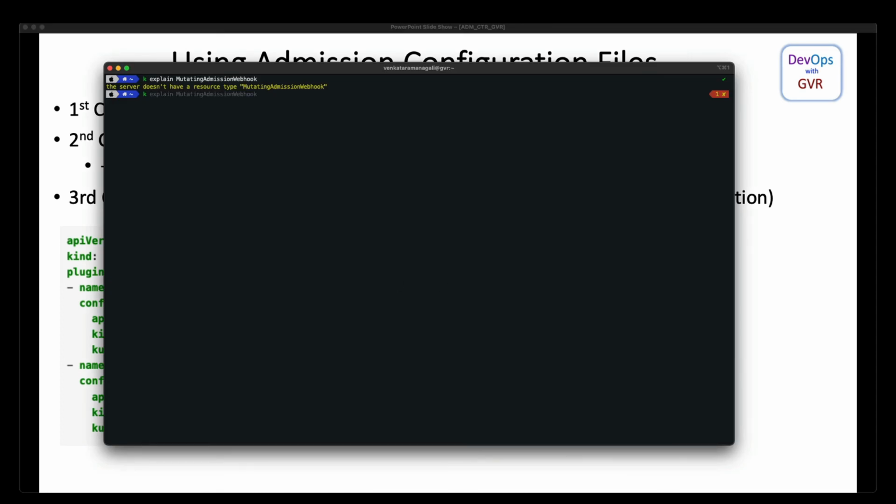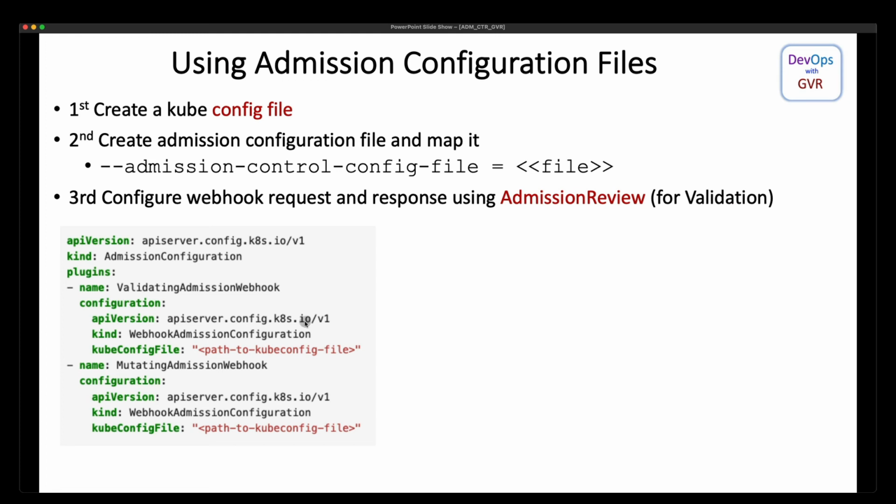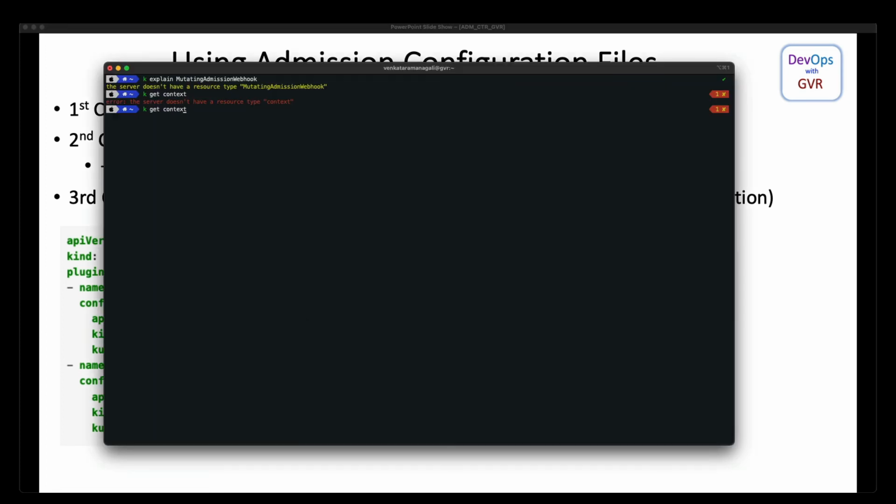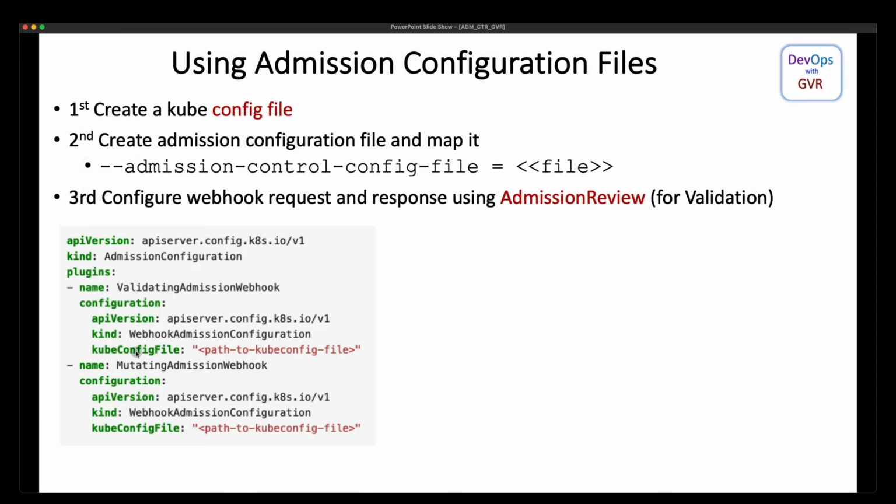Say here, kubectl config get-contexts, right? So this will give me the contexts. Basically, this kubeconfig file will have all the details specific to these webhook configurations.